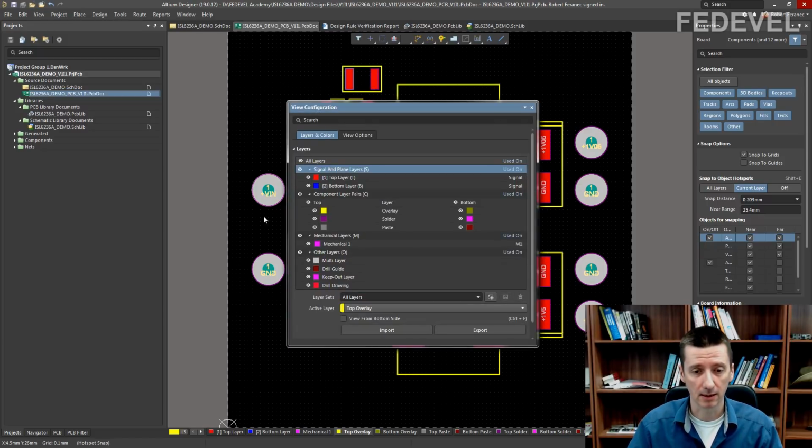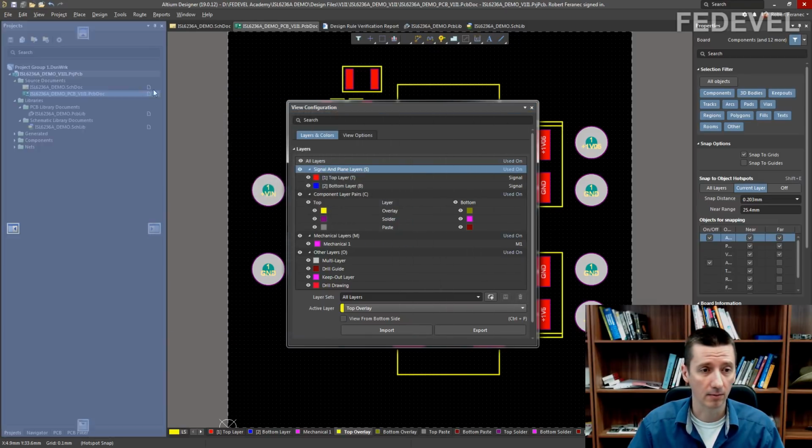You will see this window. It's called view configuration, and here we can specify or define the layer sets. Because we are going to use it quite often, we can move it into this panel. Simply hover cursor over this view configuration name, press left button, hold it down and move it here.